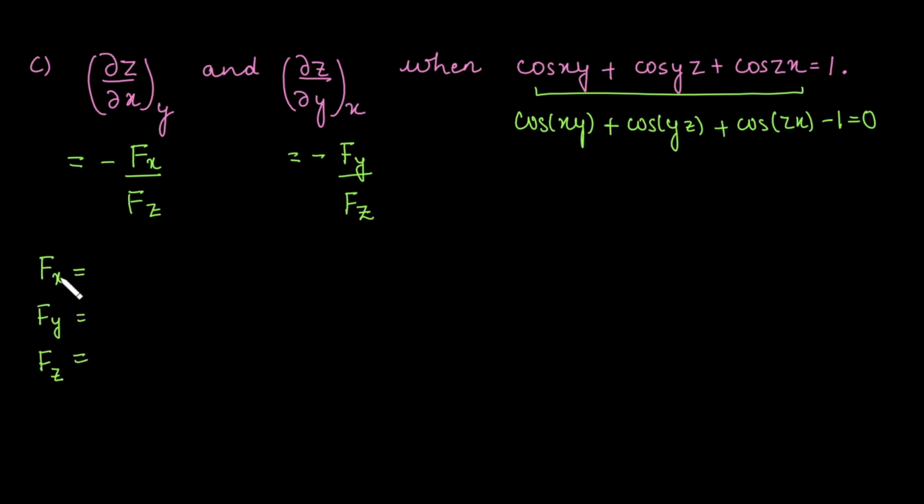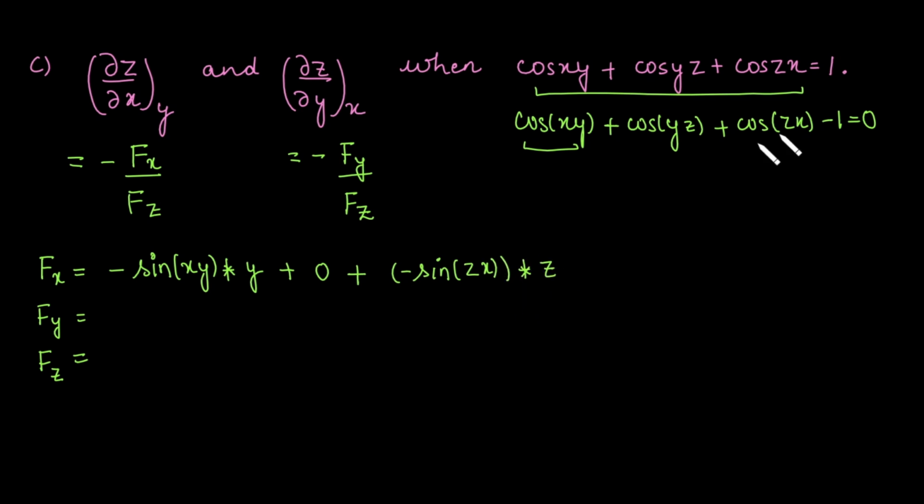When you find the partial derivative of function with respect to x, in this case we will get minus sine of xy into internal derivative with respect to x, that is y, plus derivative is 0 with respect to x because there is no term of x and y and z are constant, plus derivative of cos zx with respect to x, that is the negative of sine zx into z,